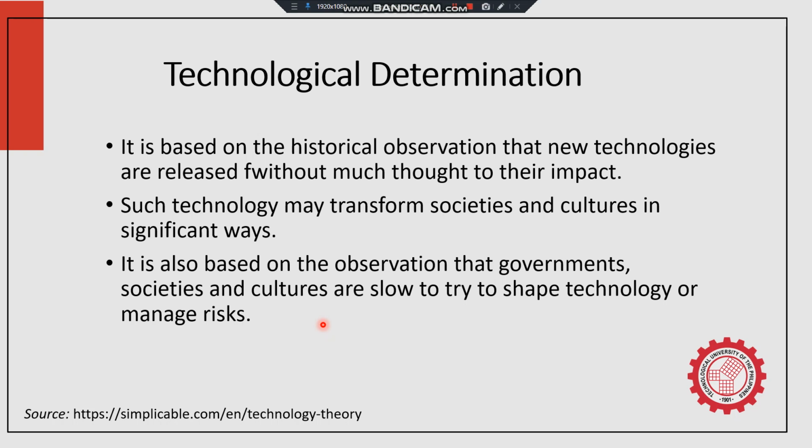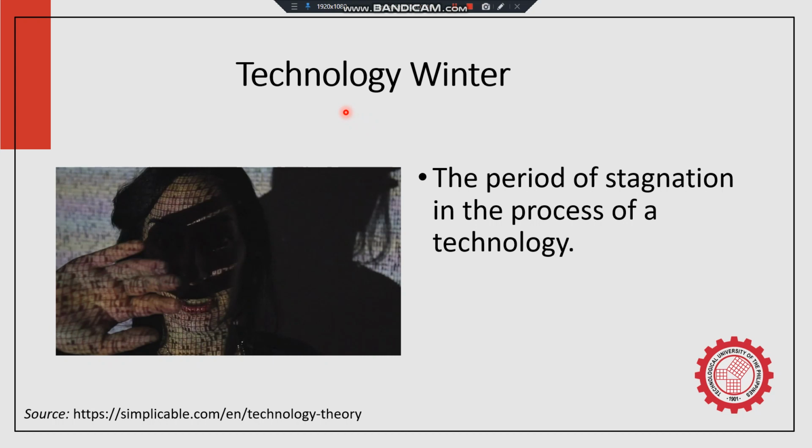But if the negative impact of a certain technology was not managed, they were not able to solve it, they really struggled. Okay, so the society may discontinue the use of such technology. Okay, so technological determination is one of the principles of technological change. Okay, and